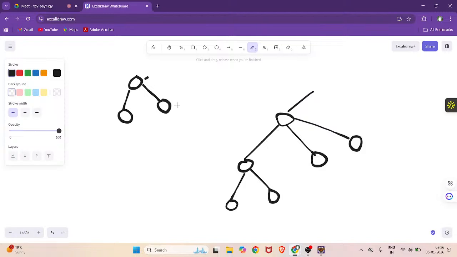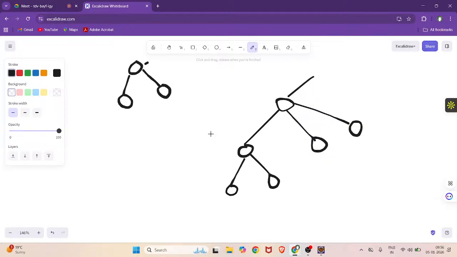At most two children. Here we see this node has three children, so it will not be a binary tree. Your TreeSet follows the binary tree structure. That means suppose I have data of,